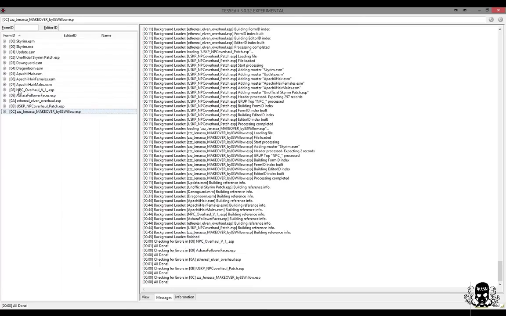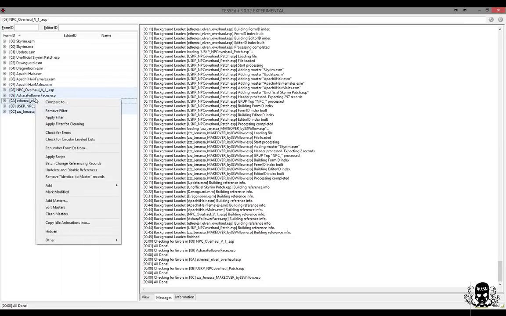So we've got Inhabitants of Skyrim, Shara follower faces, Ethereal Elven Overhaul and its USKP patch, and the Janessa 83 Willow Janessa makeover. And that's the order that we want to be merging these in. Next step is very easy. What we do is hold down the control key and left click each one of them in turn to select them all. Then we right click